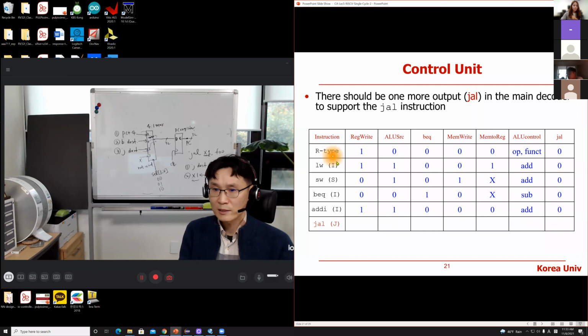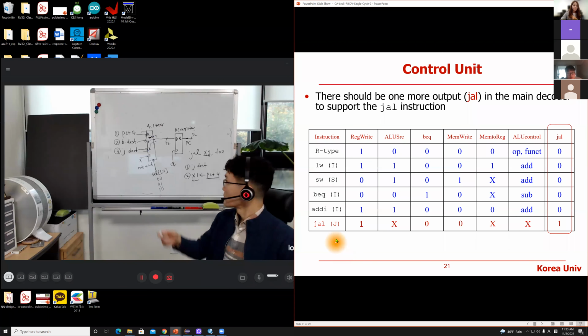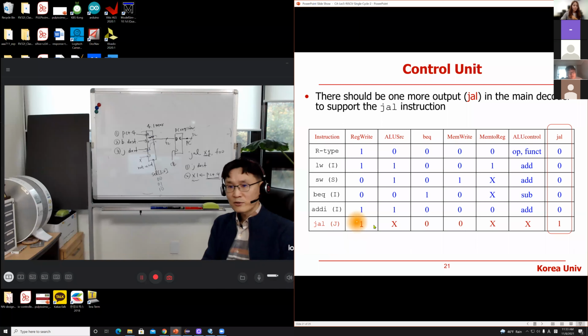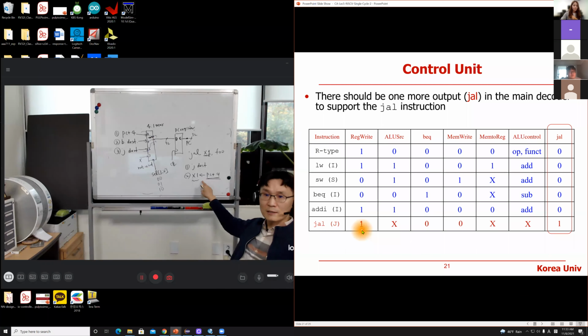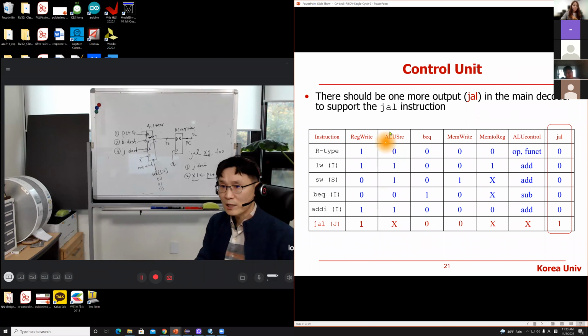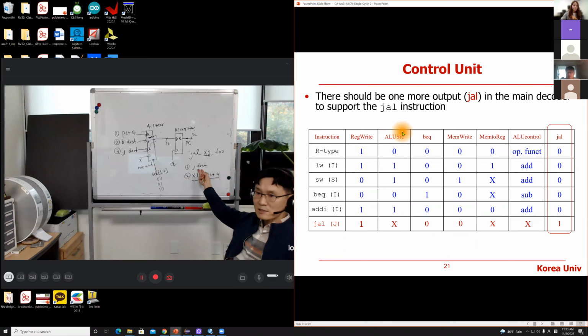For R format, memory access, branch and addition instructions, the JAL control signal will be 0. But for the JAL instruction, that will be 1, like this. So if you think about the JAL operation, jump and link operation, the register file should be updated, right? Second, ALU source, we are not using the second source to ALU, right? For jump destination,